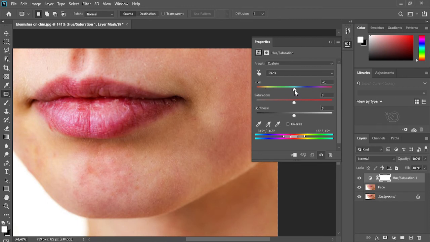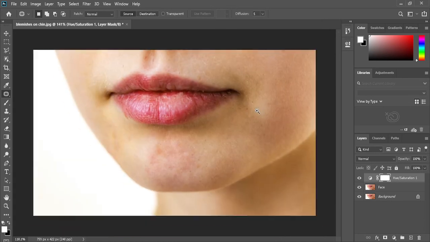Slide the slider to the right just until you think it is decent enough to be applied. I think this one is too green, so I'm just gonna get it back just a little bit. You might want to reduce the saturation so that it doesn't look yellowish. I think this is enough.